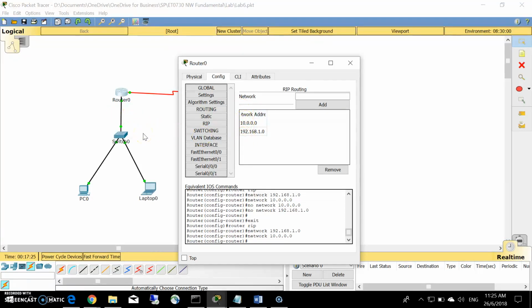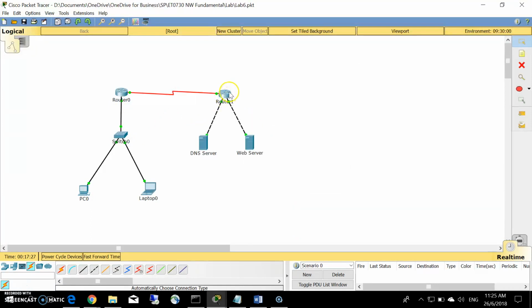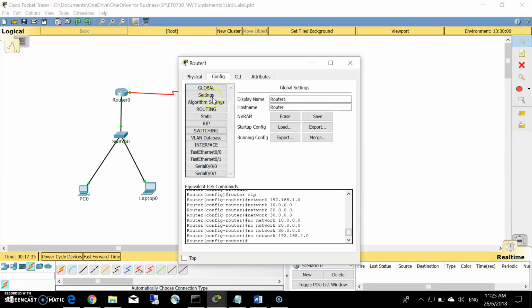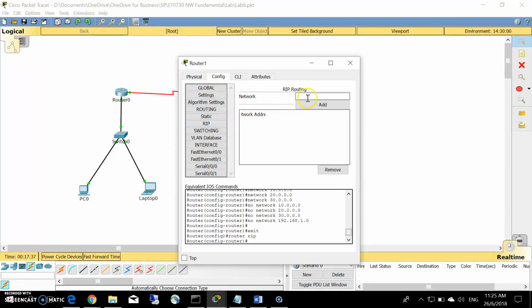Okay, let's do it for router 1. Router 1 has three different networks: the 10 network, 20 network, and the 30 network. So let's go to router 1, RIP. Let's add the 10 network. Again, if I try to add 10.10.10.0, it will only show 10.